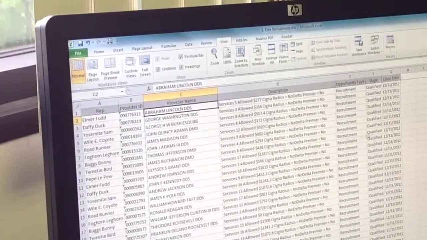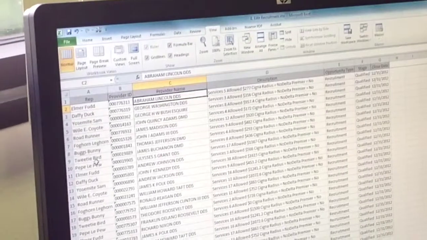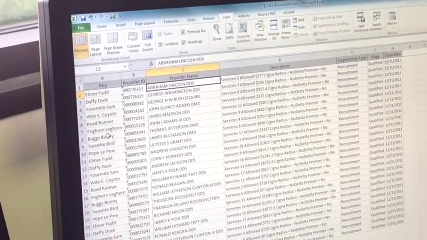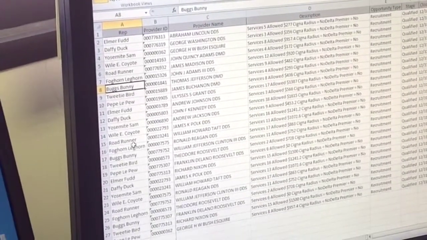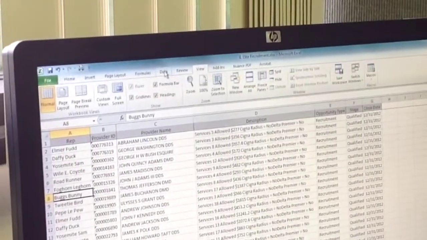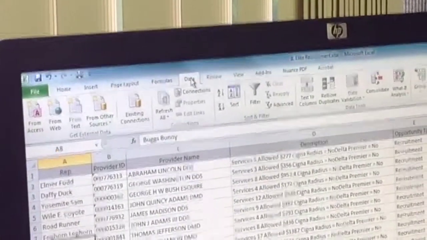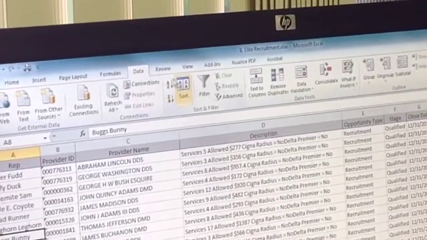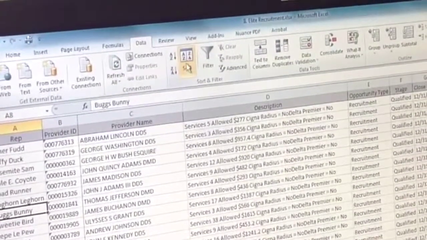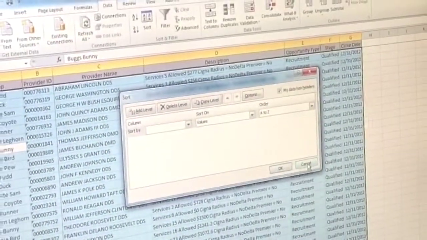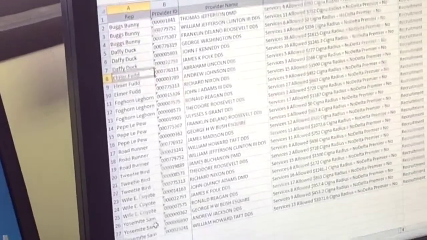Next I want to show you how to sort, very simply done. You can sort by any column without having to highlight anything or tell Excel any more than the column you want to sort on. So I'm going to select a cell in the column I want to sort on. And from here I go to Data, and the sort buttons are right here. You have A to Z, which is ascending, Z to A for descending, and then you have this, which gives you a much more detailed way of sorting. But we don't want to do any of that, we just want to do it very simply. So I'm going to sort ascending, A to Z,